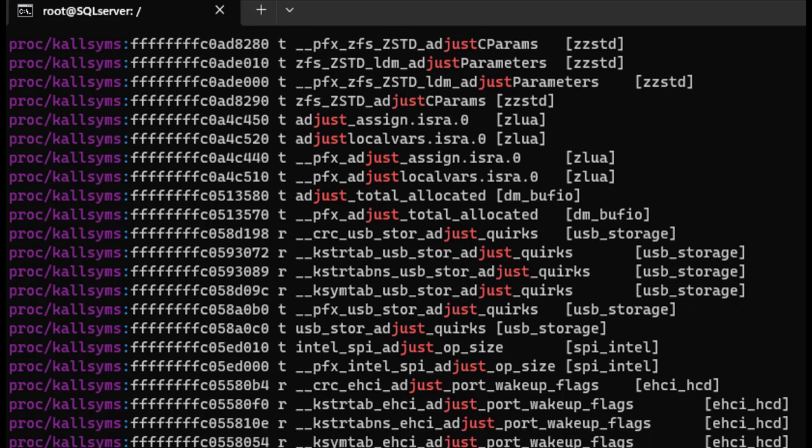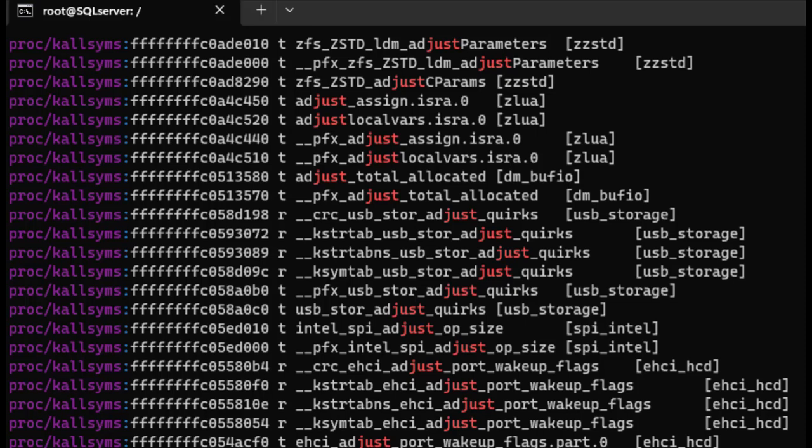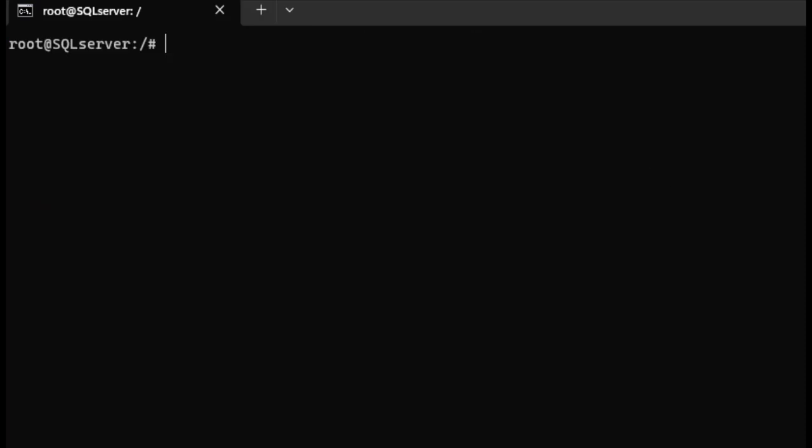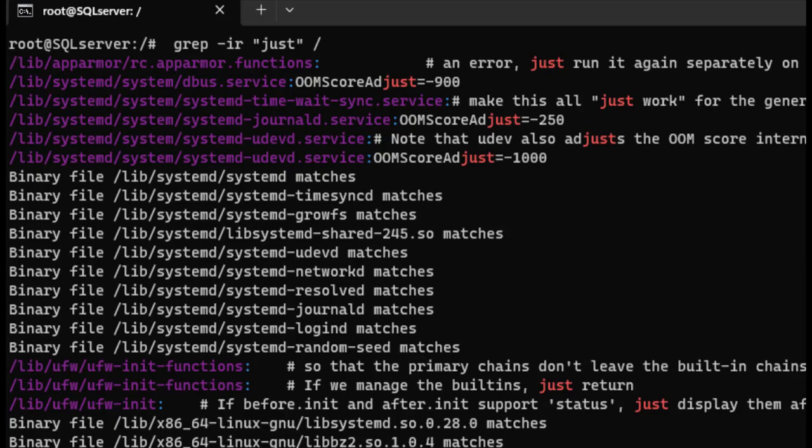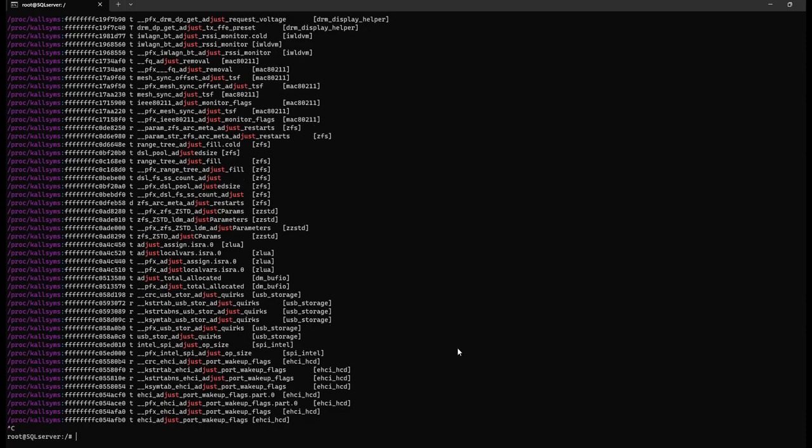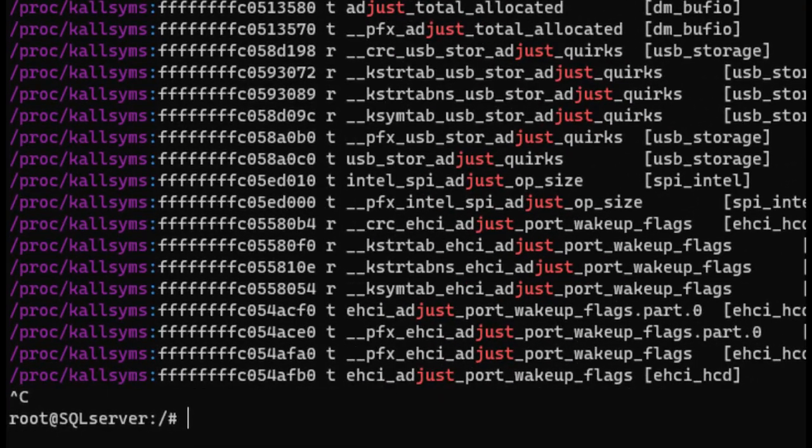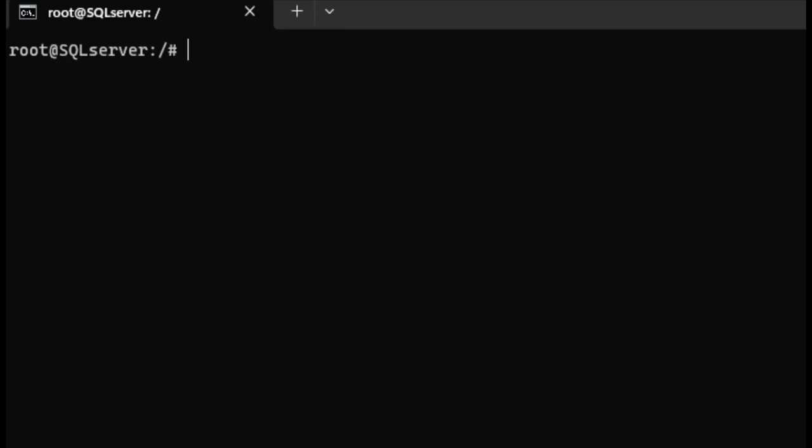So right now I am in the root level, so let's clear, and if I want to just search for that one word in the root level, once again I can say grep -ir, the word just, and I'm just going to say root, and these are all the examples of that word that it's finding in the root folder. So grep is a good way to find a word, all the instances of it, and if I just wanted to find,